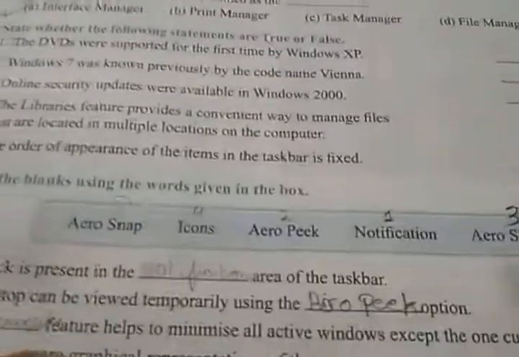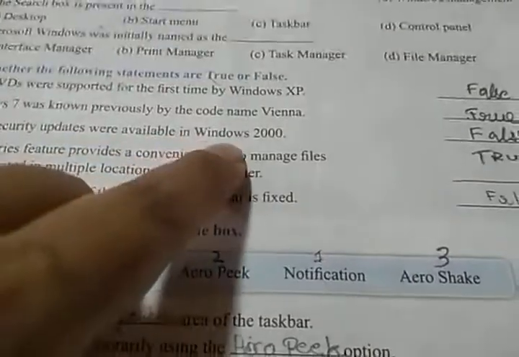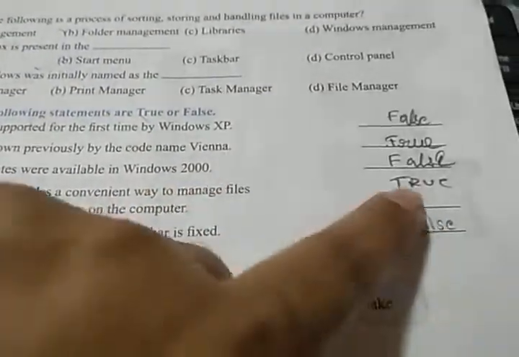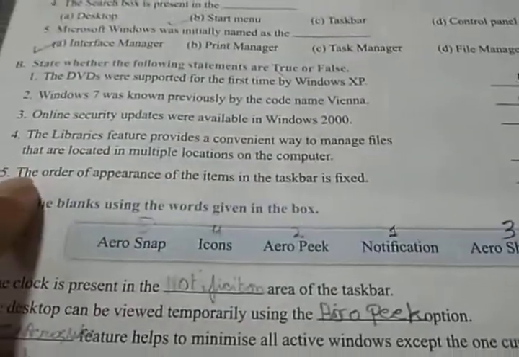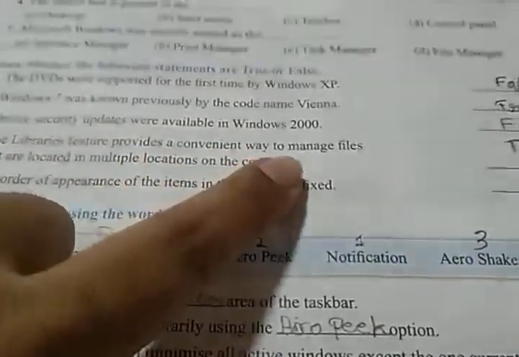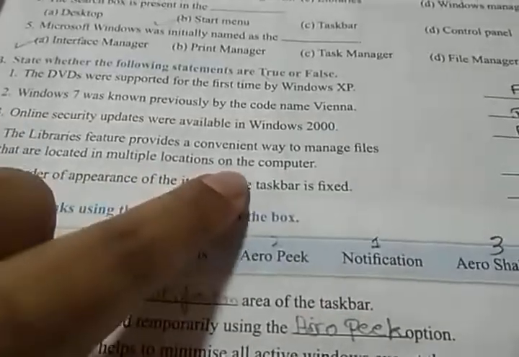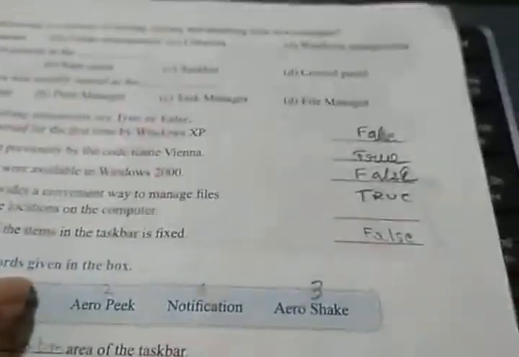Windows 7 was known previously by the code name Vienna. It is true. Online security updates were available in Windows 2000. That is false. It came later. The libraries feature provides a convenient way to manage files that are located in multiple locations on the computer. True.